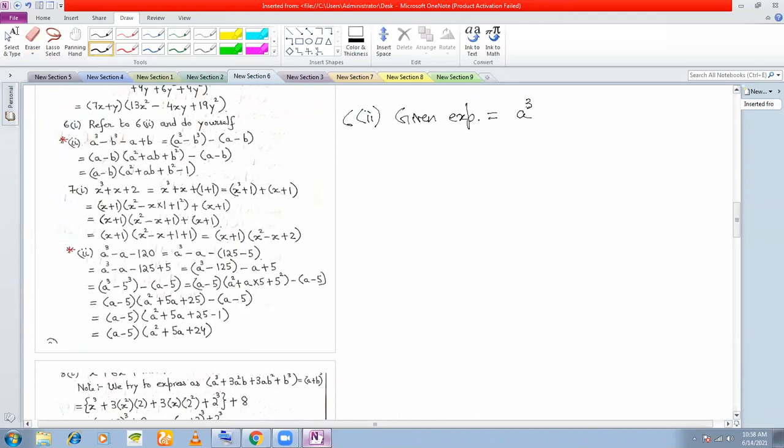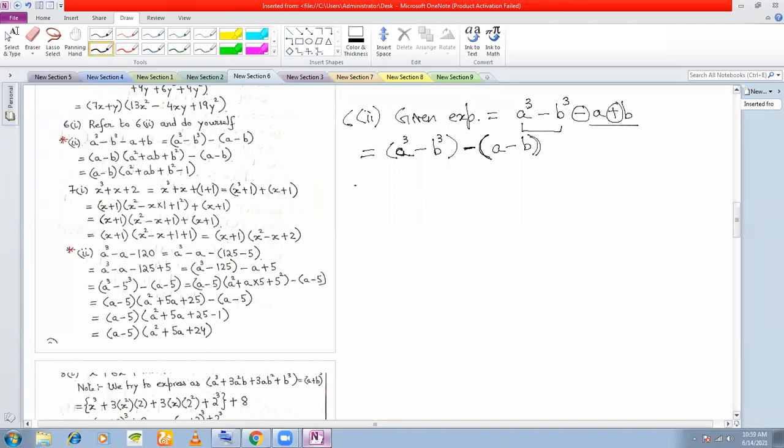a cube minus b cube minus a plus b. Now see here, you have a cube minus b cube, which can be, if I take them together, a cube minus b cube within brackets. And here I take a and b together. But remember, I have a minus sign here. So if I take a minus sign here and introduce brackets, then this will become a minus b, isn't it? This sign will change from plus to minus because I have a minus sign and I'm introducing a bracket here.